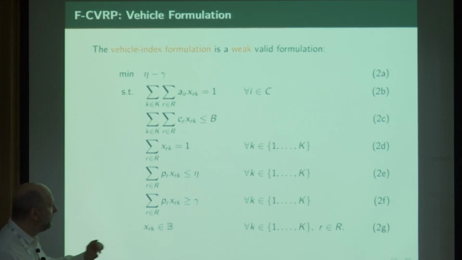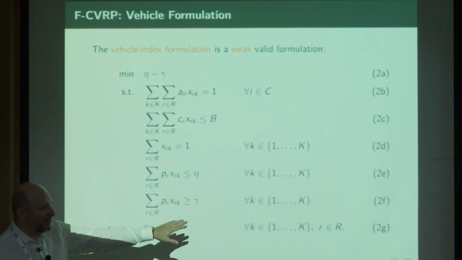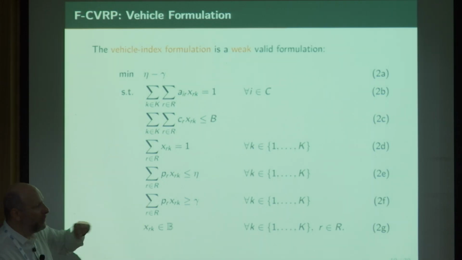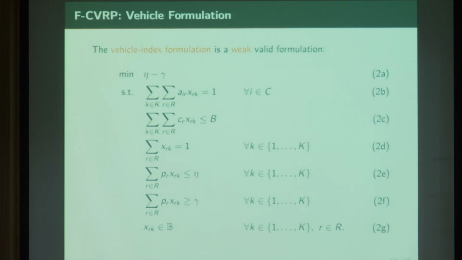Because here I have not only a variable per route, which is already a huge amount of variables because we have exponentially many possible routes, but I also have K copies of that variable. And this is the most classical thing that you will come up with, because